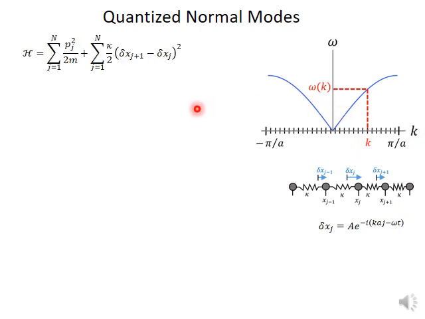Now, for such a chain of atoms, you can construct a classical Hamiltonian, which we have already done. So that would be the kinetic energy part of it. This is the potential energy part, which is a harmonic potential given by the squares of the displacement differences between neighboring atoms, and kappa would represent the spring constant between the neighboring atoms. So if you remember,